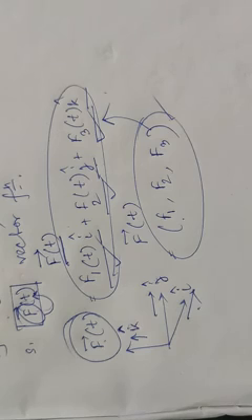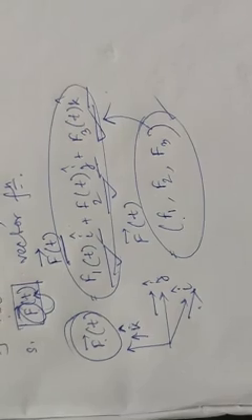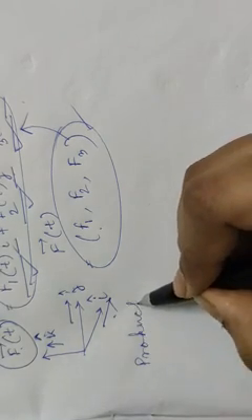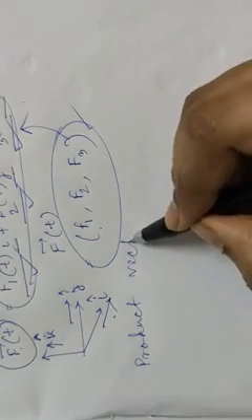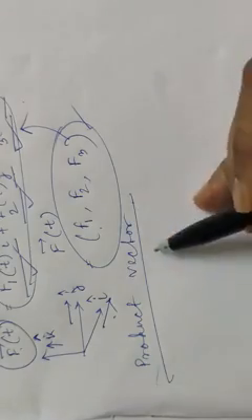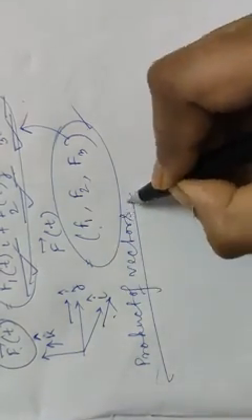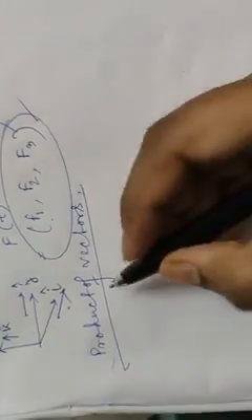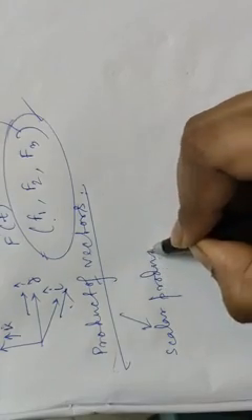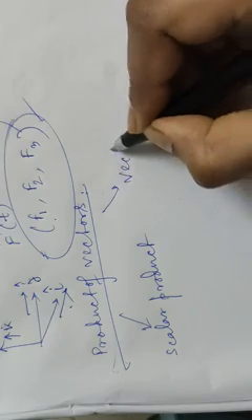Okay, now we have to learn one thing which is called product of vectors, which, though it is excluded from the truncated syllabus, we need to know in order to understand the next topics, that is differentiation and integration. We have a huge application of this product of vectors. So there are 2 types of product of vectors. Number 1 is called scalar product, and number 2 is called vector product.